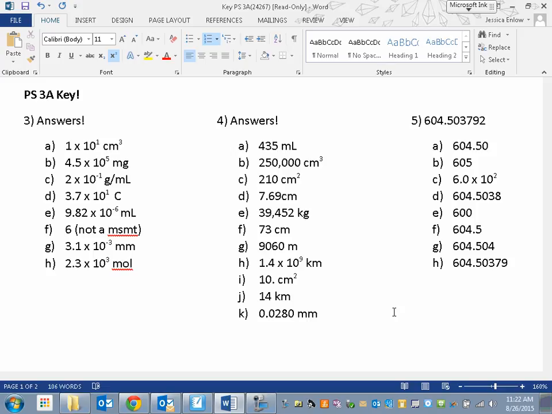Yeah. We could do C for 4. C for 4. Yeah. And those of you who are good, maybe the person next to you has a question, you can ask them. C for 4: 8.13 times 10 to the 4th centimeters cubed divided by 3.8 times 10 to the 2nd centimeters. So